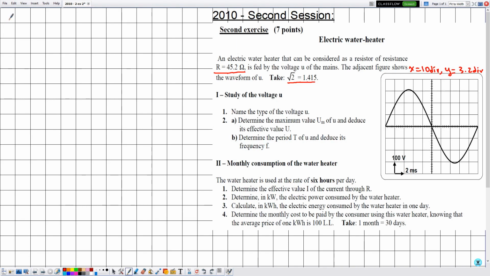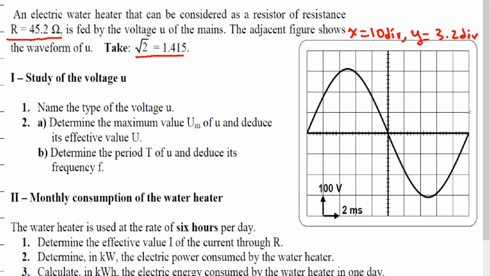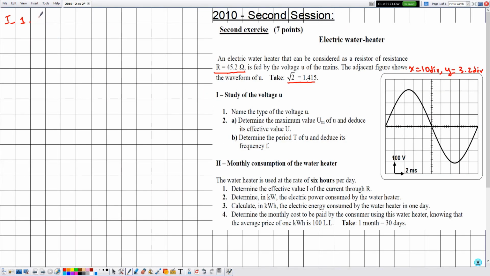Now part 1. Study of the voltage U. Number 1. Name the type of the voltage U. So here this axis is labeled by time and this is labeled by the voltage U. So here it is positive and here it is negative, so it's varying with respect to time, and it's alternately positive and negative. And the shape of this voltage is sinusoidal, so it is an AC sinusoidal voltage source. Here no need to justify. AC sinusoidal